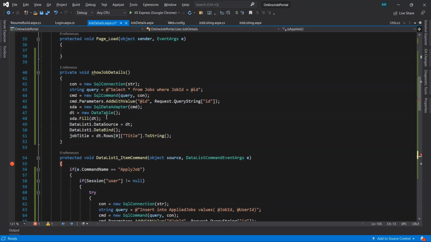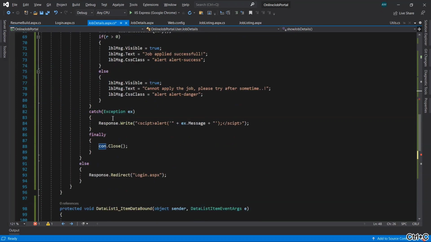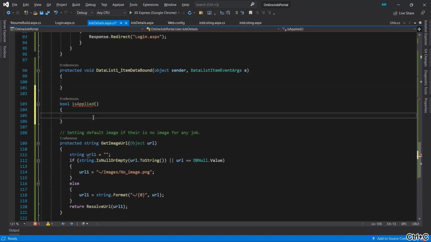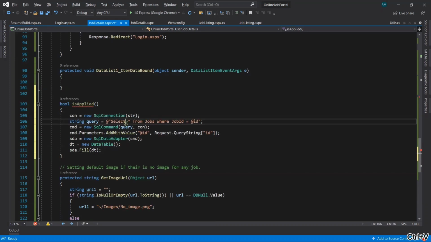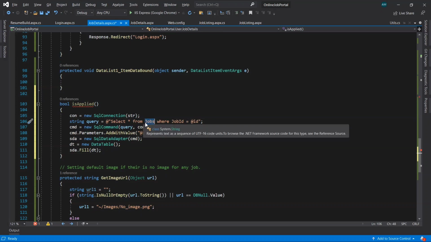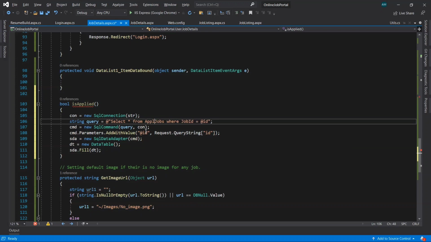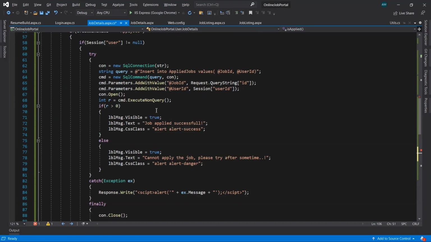So we'll copy code from here, copy, paste it here. Let's change the query. Select star from job applied jobs. So while applying the job, we are saving the data inside this applied job table.